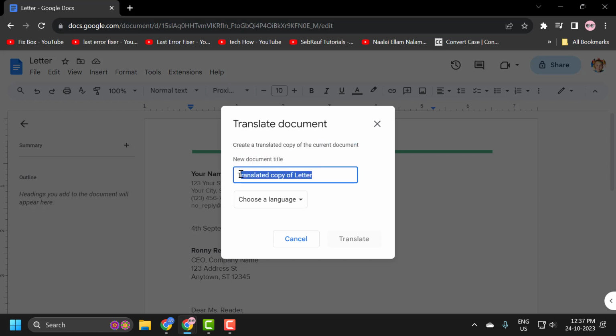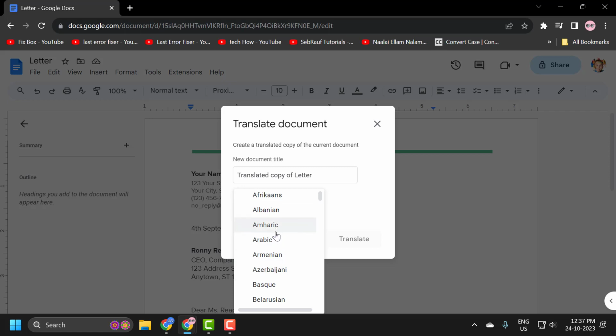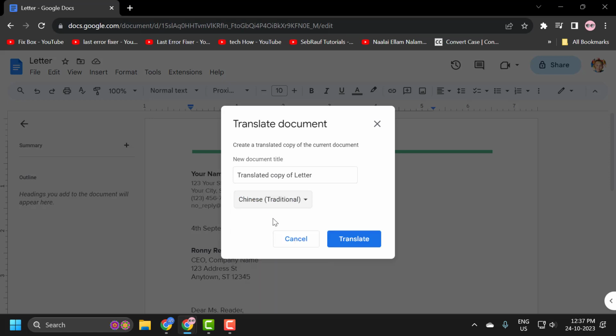You just need to name it as the copy of the letter. Name it as whatever you want and select the language you want to change it to. I'm gonna select Chinese traditional and select. After selecting the language, select translate. The new document will open up with the selected language,